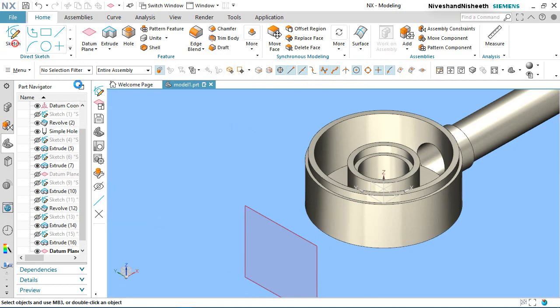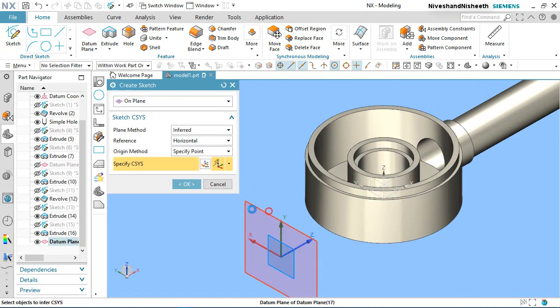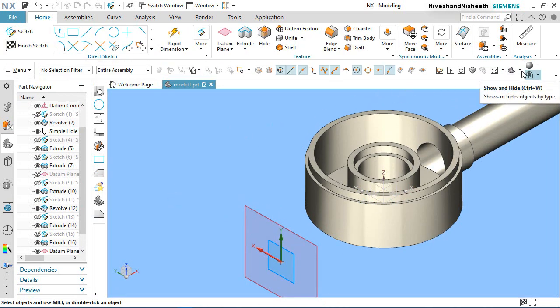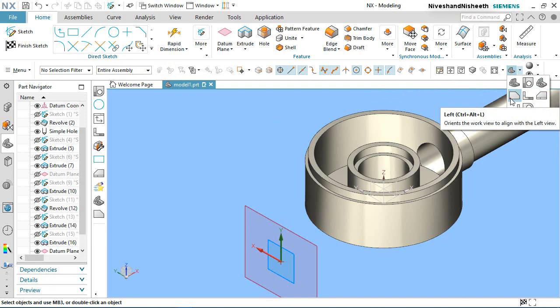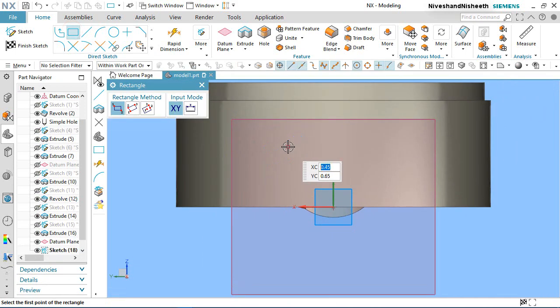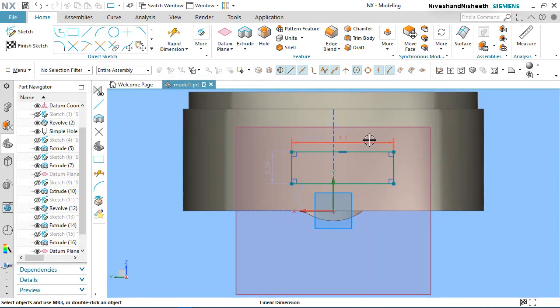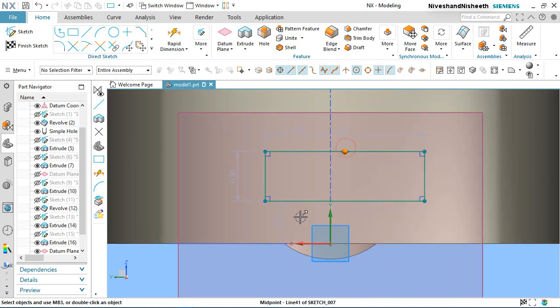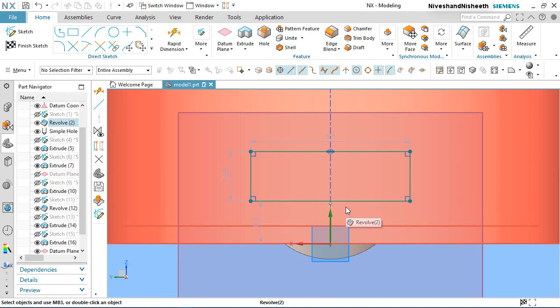Create a sketch on this plane. Choose left view. Start the rectangle. Select the midpoint of this line and choose the vertical axis and apply coincident constraint.